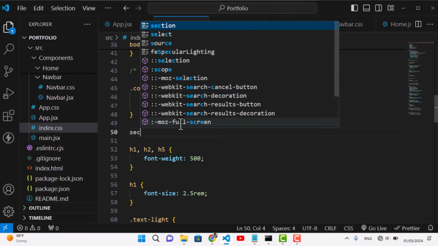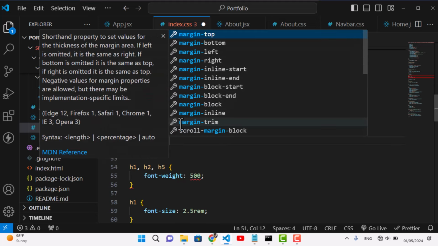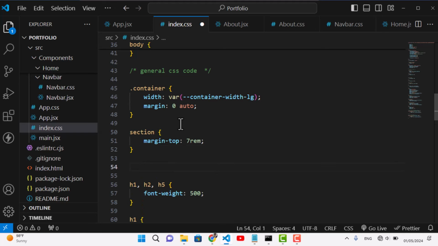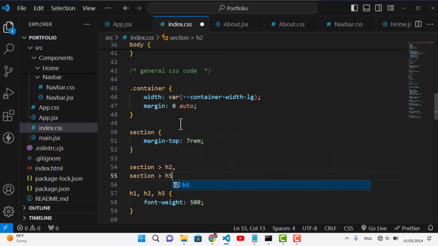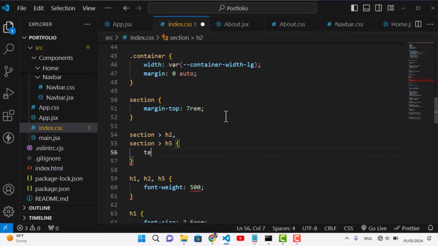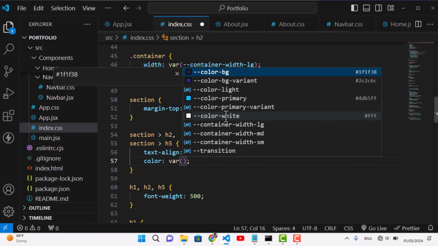So let's write section. We will add for all sections margin top 7 rem. Come down, section h2, section h5, okay, h2 and h5 inside the section. So we will add the core text align center for that, center, and color var light,